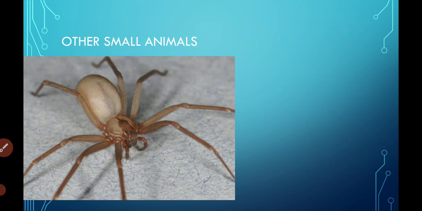And now we will study about small animals. Look at this one. Tell me, what is this? This is a spider. Spider is a small animal. Spider is not an insect. Why? Because the spider has 8 legs and an insect has 6 legs. They catch their prey by spinning a web. Spiders spin webs, and they make their webs on the walls and roofs of our houses.